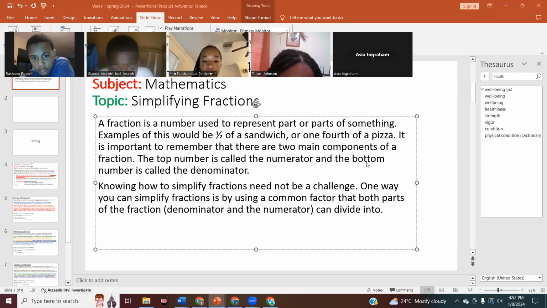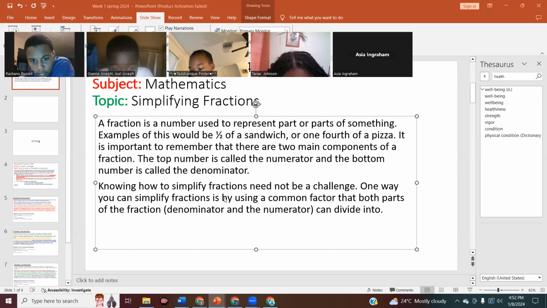Knowing how to simplify fractions need not be a challenge. One way you can simplify fractions is by using a common factor that both parts of the fraction, the numerator and denominator,